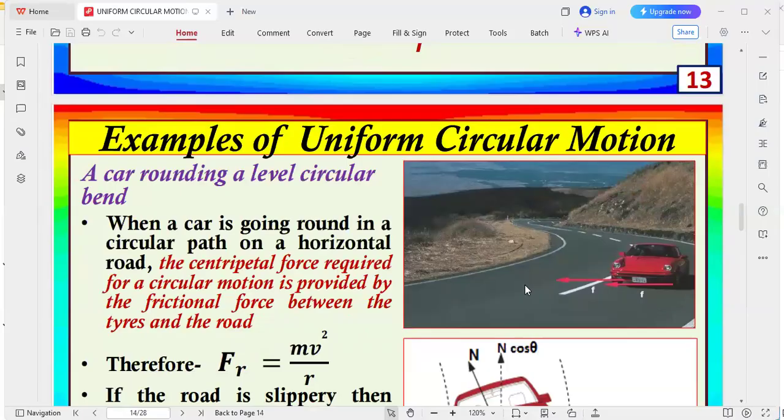The forces acting on this car are the action force, which is the weight of the vehicle, and the reaction force. We also have the force of friction, which provides the centripetal force towards the center. This arrow pointing towards the center is centripetal force provided by friction force. So this is the animation of the forces acting on the vehicle. N sine theta is